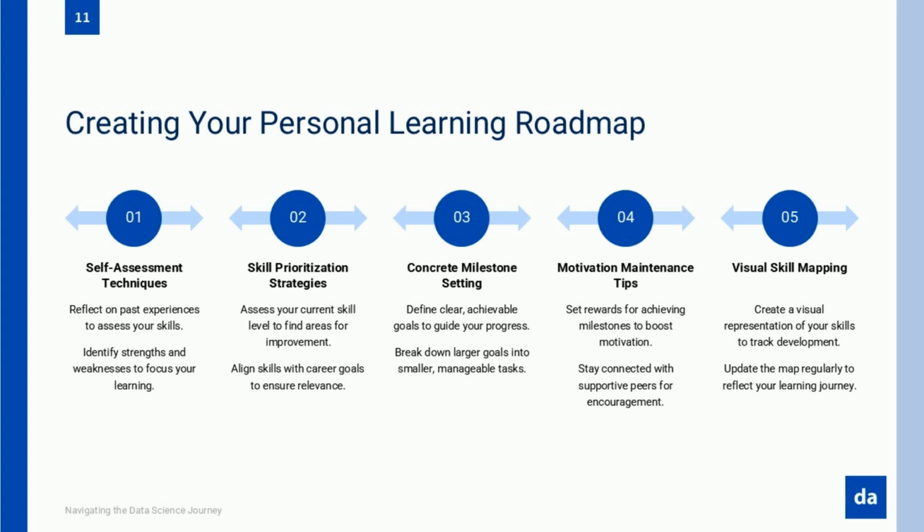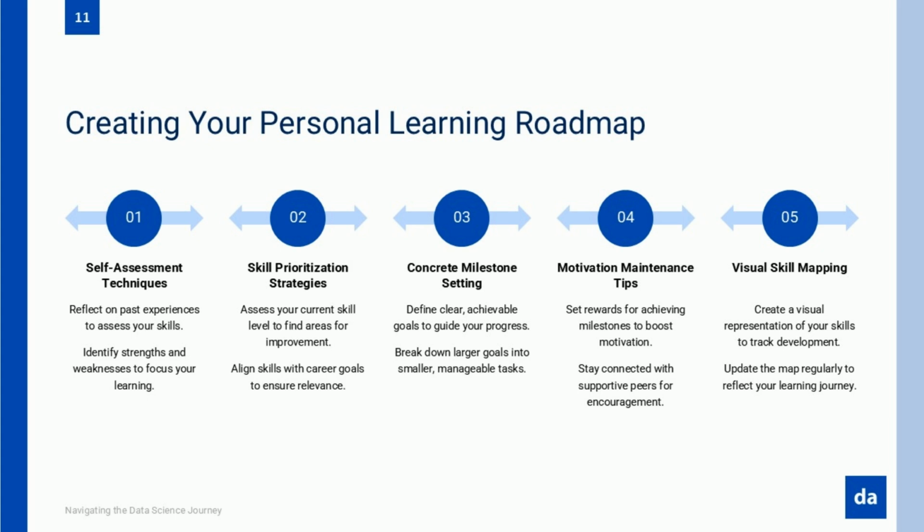Once you've created this skill profile, the next step involves prioritization. Not all skills demand equal attention. Your roadmap should emphasize developing depth in foundational areas before pursuing breadth across the entire field. This is where the concept of T-shaped skill development becomes particularly valuable.